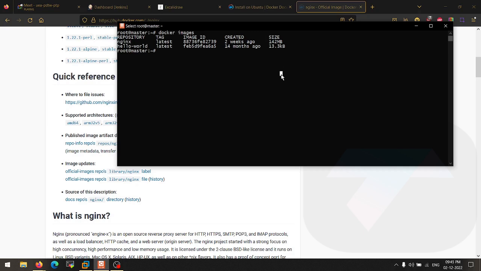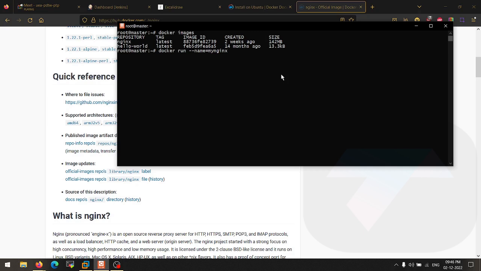Now we cannot use this image directly, right? We cannot get into this image. How can we use this image? We have to launch a container using this image. So let's launch the container using this same image. How can we launch the container? docker run is the command to launch the container. After docker run, use double hyphen name to provide the name to your container. my-nginx. This is the name that I am going to give to my container. Now, the container is the running entity. Okay, remember that. Then we have to do the port mapping.